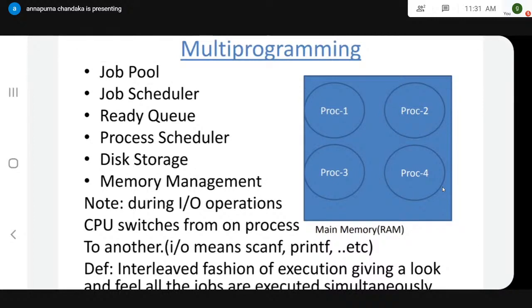The CPU is responsible for executing arithmetic and logical instructions, and the IO processor is responsible for executing input and output operations. So while executing process 1, whenever an IO operation is encountered, the job is handed over to the IO processor. The CPU is going to do the second job. The communication between CPU and IO processor is called IO organization, which is already dealt with in your computer organization subject.